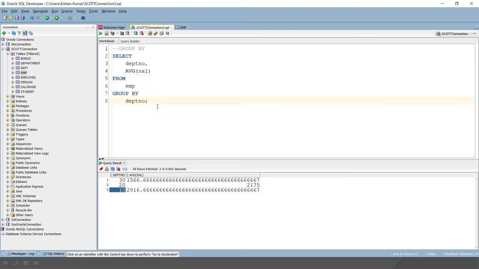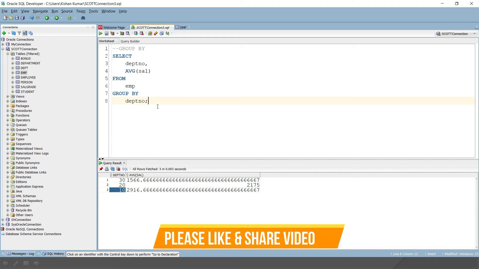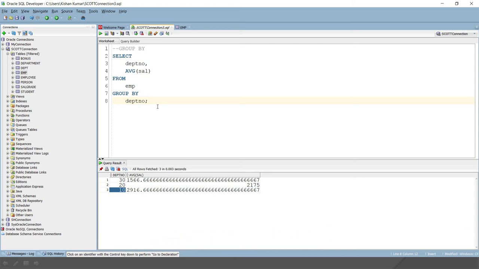Now let's say we have a WHERE clause. For that, let's say we would like to find the average annual salary of the non-managerial employees in each department. Then how would you write the query? We will write something like this: